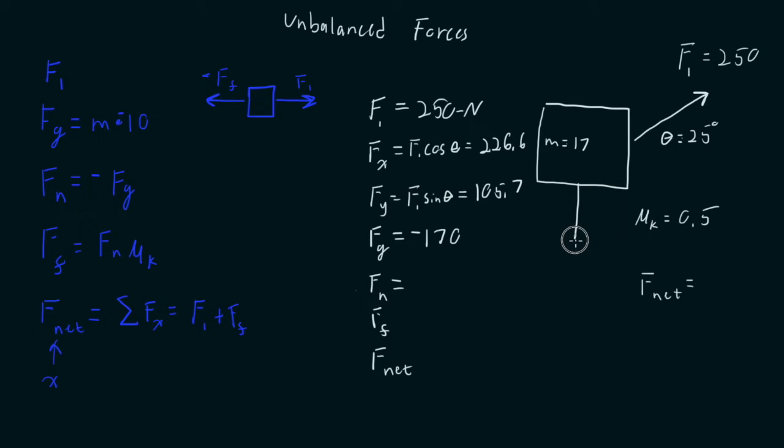Because first off, look at where my forces are. I've got my force of gravity right here. Let's actually do this in a few different colors so that we can keep everything straight. Got my force of gravity here. I know I'm going to have a force normal here, but I already have a force going up in my vertical plane. What force is that going to be? Well, that force is going to be the component force here, Fy. Is this object going to lift off the ground? If my Fn is 170, it would. But is Fn going to be 170? Not so sure. Let's put our Fx here